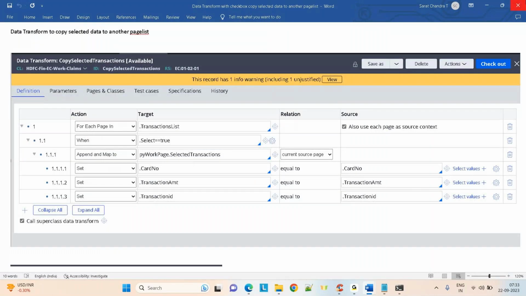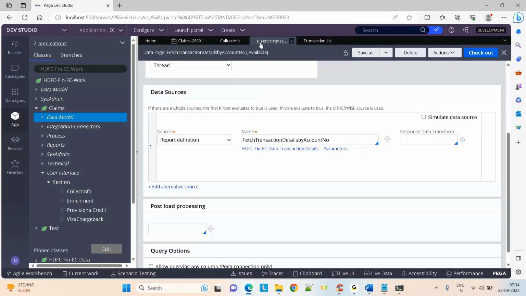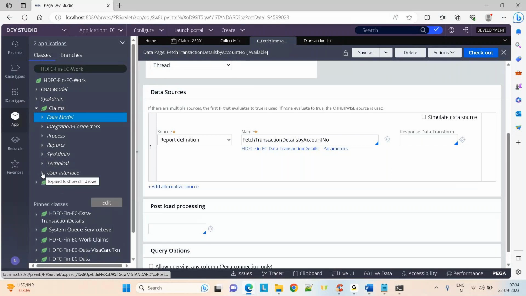Now, I'm going to teach you with an activity how to copy data from one page list to another page list. Then I will teach you using a data transform how to copy data from one page list to another page list. So first, starting with activity,